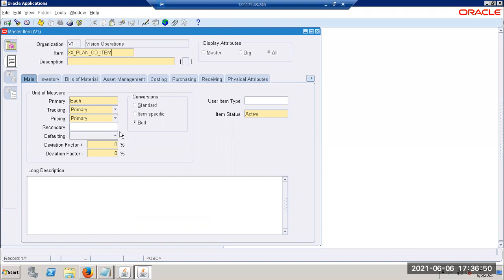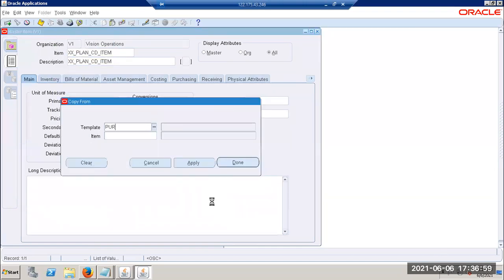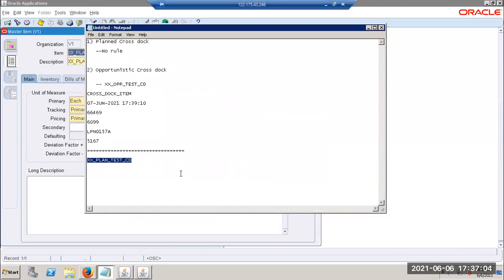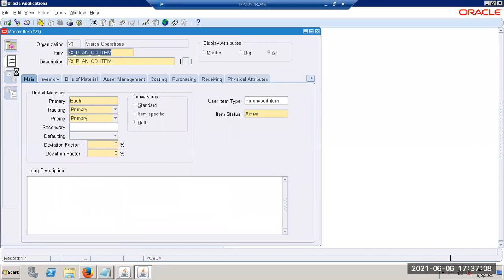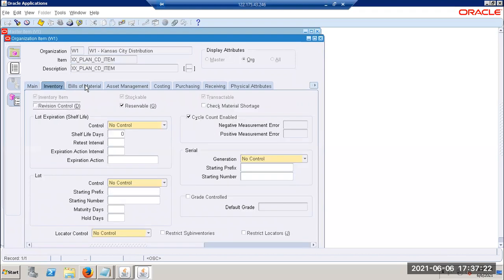Just apply the purchasing template. Just go and see your organization level also, whether the attributes came or not. It will come now. Yeah, close this, no problem.